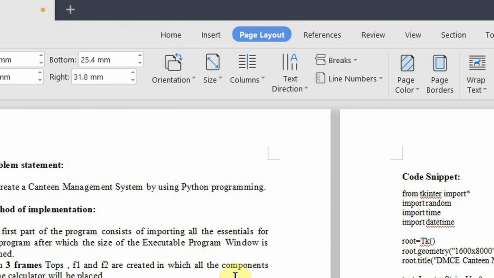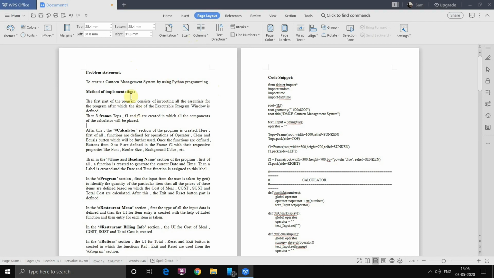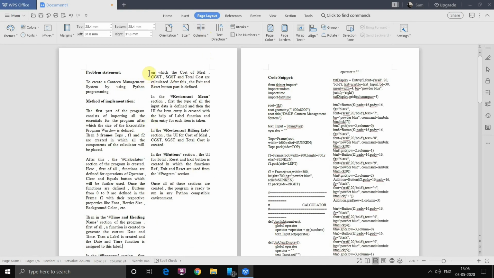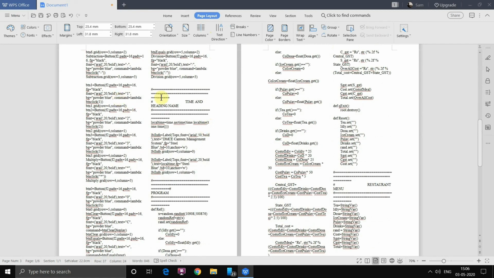Now columns. For now we have only one column, right? If I go to columns and select two columns, see, every page gets segregated into two columns. The text will be segregated in two columns.